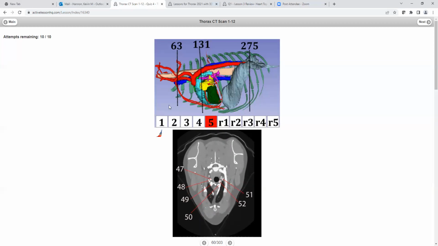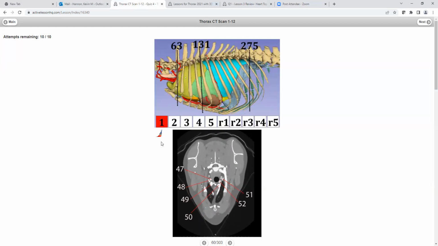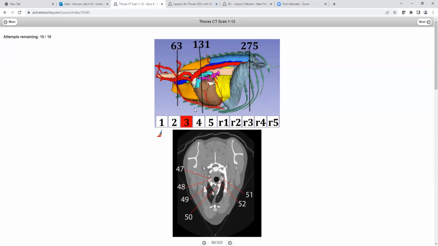So we're talking at this level. So let's start back here. We're talking at a level that's up in here, and we're talking about large arteries that are filled with contrast medium. Okay, so if we're looking at 49, what do we know about going through and seeing the exposure of these